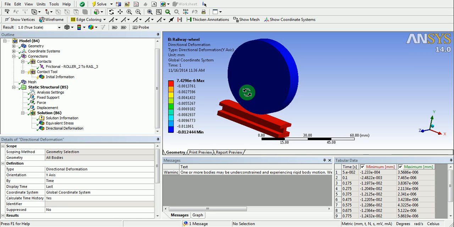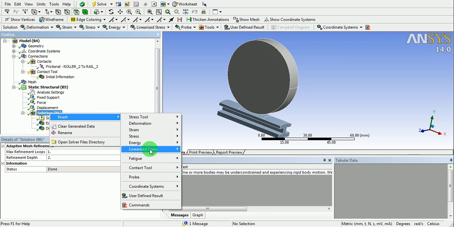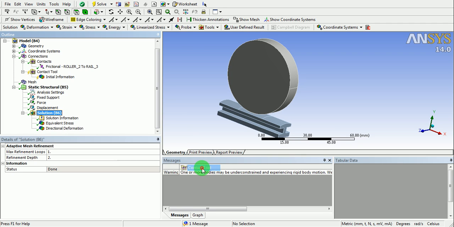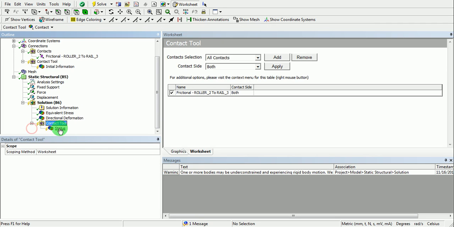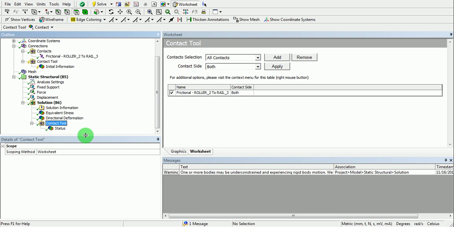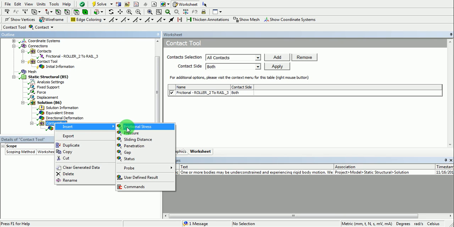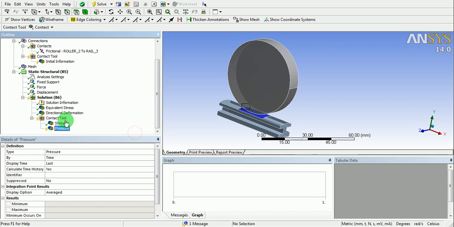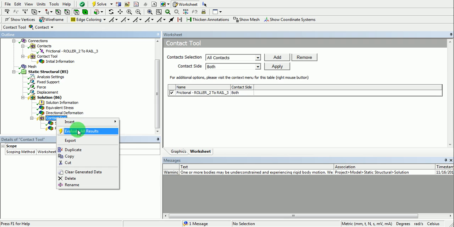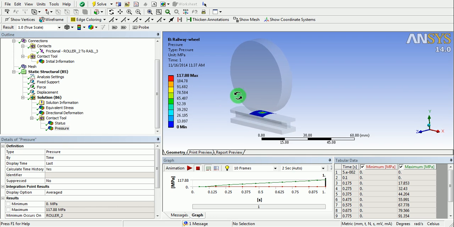To know the contact pressure, right click on the solution, insert, pick on the contact tool. Under the contact tool, right click, evaluate all the results. Contact status is now evaluated, and right click, insert, pick on the contact pressure. Right click, evaluate all the results. This will show the contact pressure and